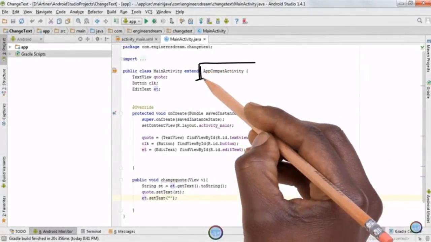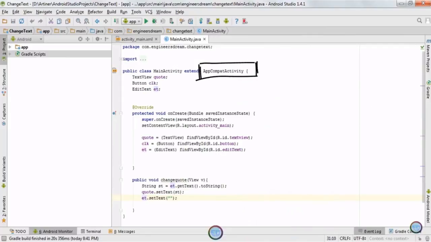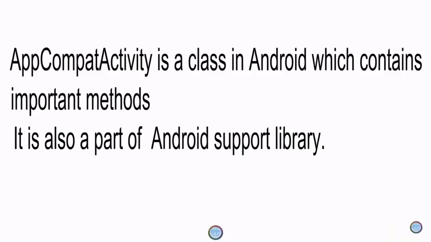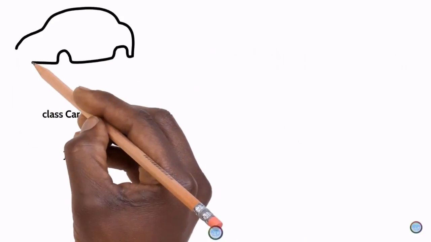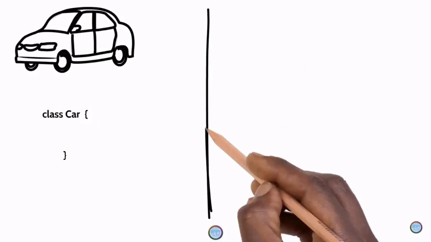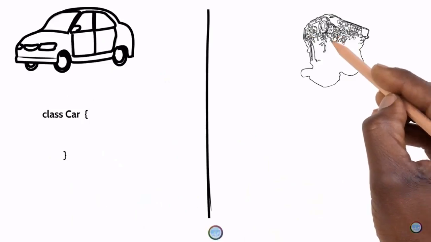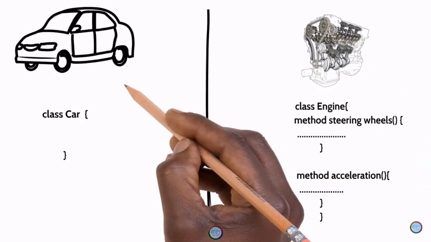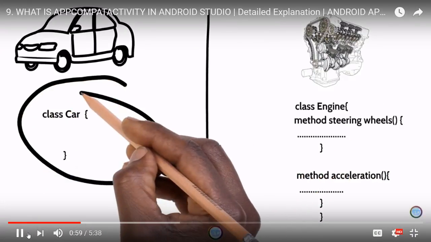Hey, what's up guys, welcome back. This is Dinesh here, and in this video I'll be explaining what is AppCompatActivity. AppCompatActivity is a class in Android which consists of some of the main functions and methods. AppCompatActivity class is also a part of the Android support library. Before explaining what AppCompatActivity is, let me first explain the concept of inheritance with a very simple example. As you can see in the picture, there are two classes, one by the name of car and another class by the name of engine. The car class is basically an empty class as it does not consist of any